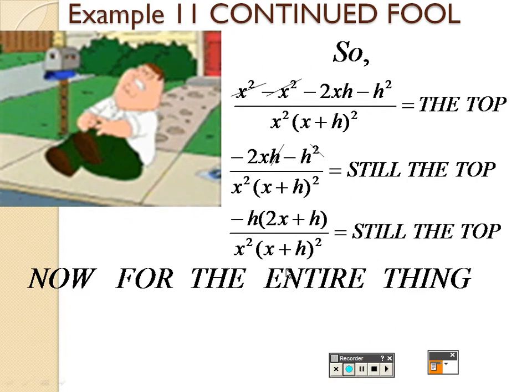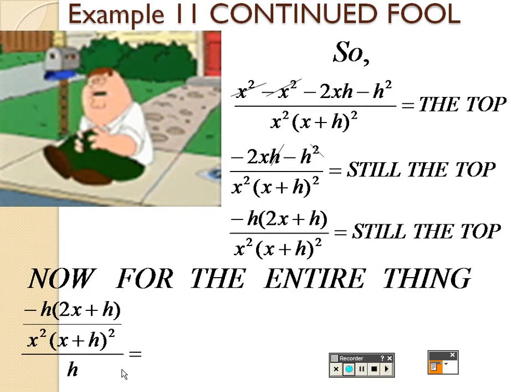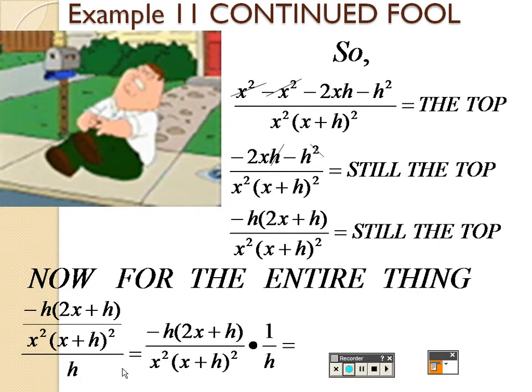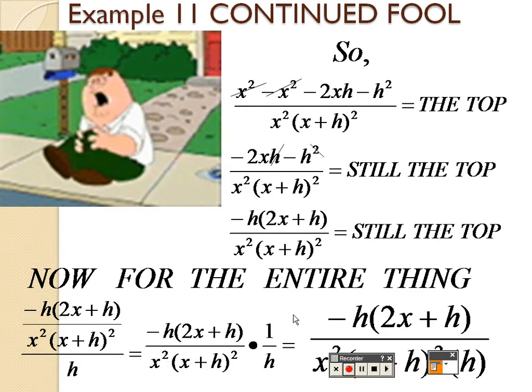Now, that's just the top. That's not the whole thing. That's all over h, remember? So remember when it's over a fraction like that, I said to multiply by the reciprocal. And now, if you notice, those h's can cancel out on both the top and the bottom, leaving us with,